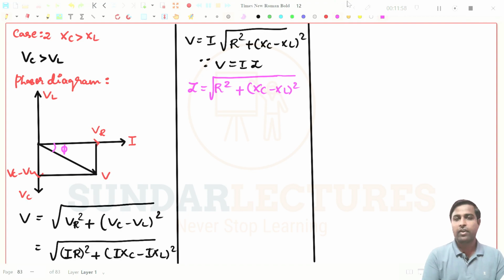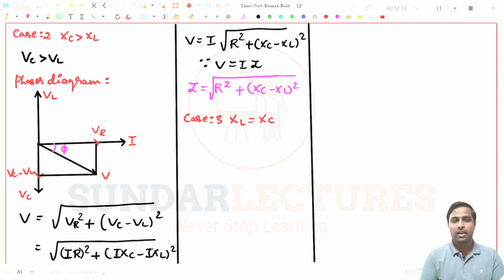And we will go for case 3 straight away. So case 3, what is this case? Simply XL is equal to XC. Simple thing, right? We know that XL and XC are inverse in nature. The voltage across the inductor leads the current by 90 degrees. In the case of XC, the voltage across the capacitor lags the current by 90 degrees. Then obviously, if XL and XC become equal, we can write VL is equal to VC,